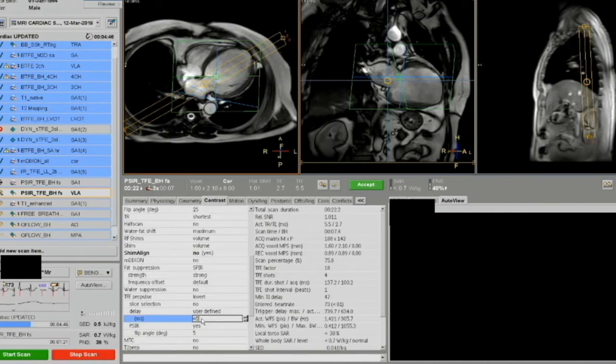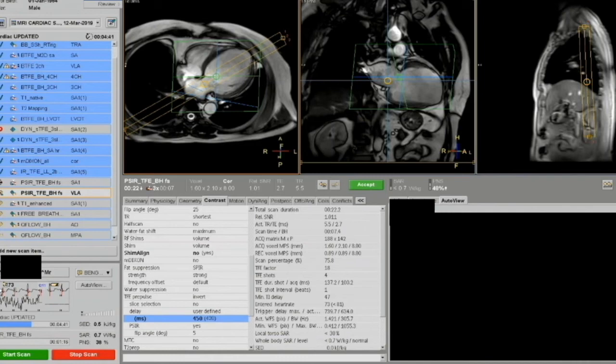Another thing that has to be taken into account is that with progressing time, the inversion time of the myocardium also increases. So while we are doing the short axis delayed enhancement images, the inversion time for the 2-chamber view will be prolonged. So there are 2 ways out. One is that we empirically increase the inversion time by 20 to 30 milliseconds from that of the short axis view, or we repeat the TI scout or the Look-Locker sequence before doing 2-chamber and 4-chamber